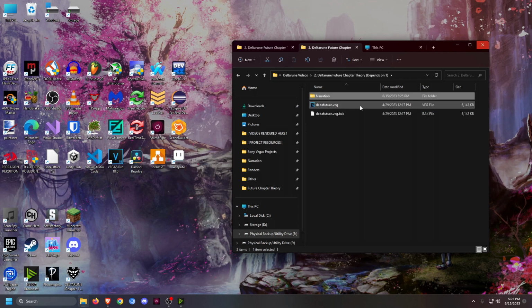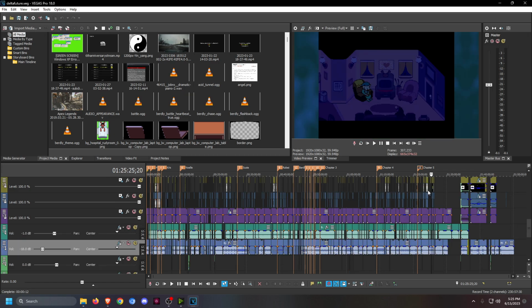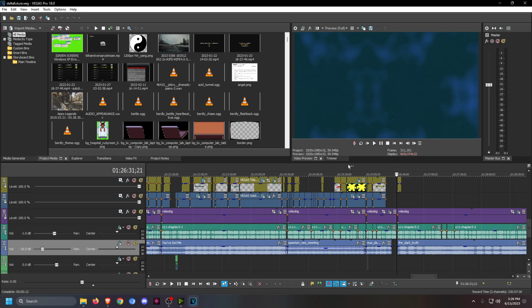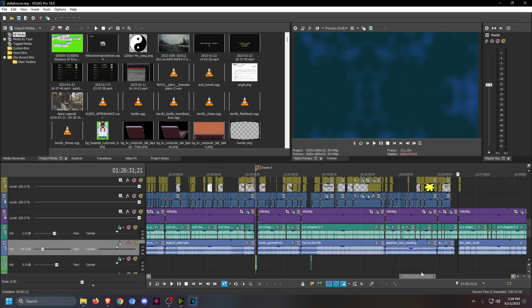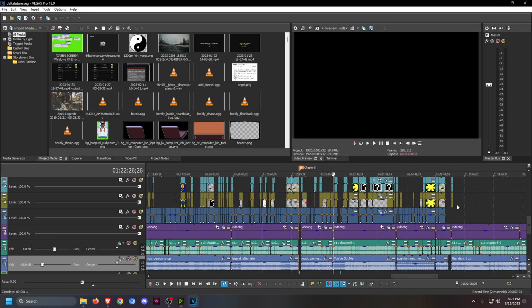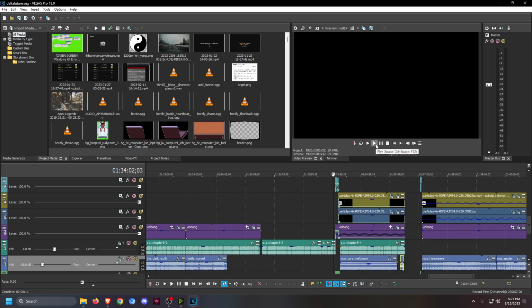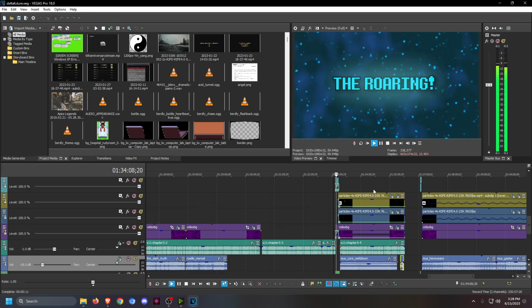Okay, and then what about the project? The project is at 6 megabytes now. So this is when I did chapter 5. How far did I go here? Okay, I got to just before the Rudy section. So this is when I did the first part of chapter 5. This is when I edited out the puzzle piece strategy. I also edited this part out. I edited my transition into the roaring section. This is when I did that. It's laggy.